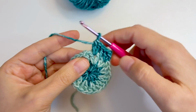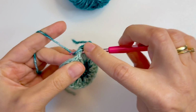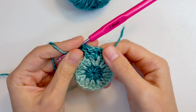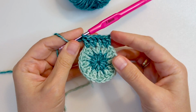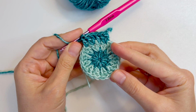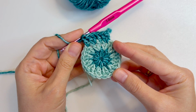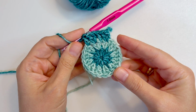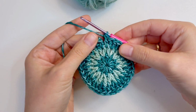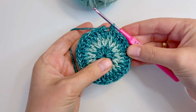And into the next space between 2 sets of 2 double crochets. And we will continue to make this repeat until we get here at the end of the round. And by the end of the round, we should have an increase of 12 stitches, which means we should have 36 double crochets. I have completed my 12 repeats and I now have 36 double crochets on this third round,